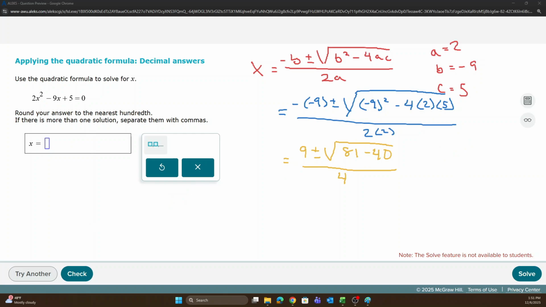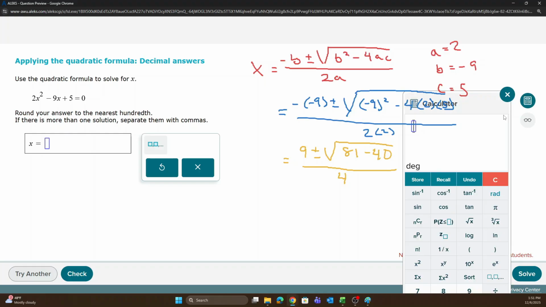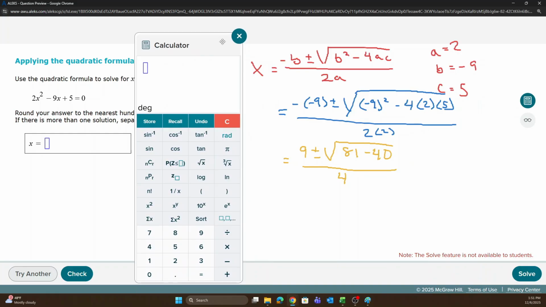Let's go ahead and clean this up one more step. Or actually, we can put it in the calculator as is. You know, that's fine. So we're going to say, start with our fraction, 9 plus square root of 81 minus 40 over 4,